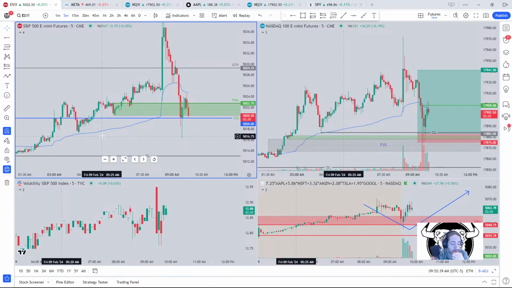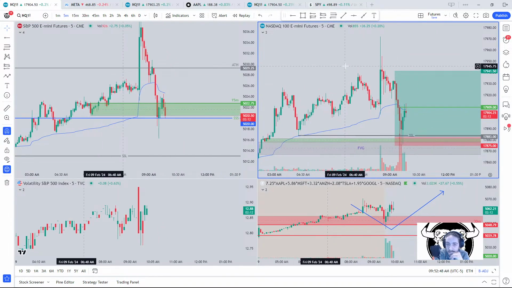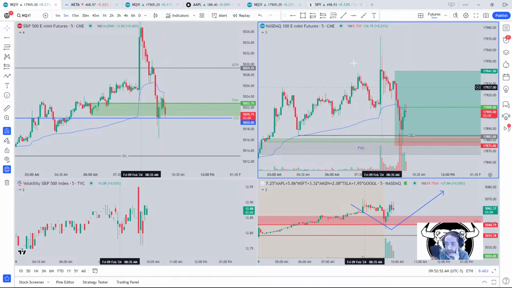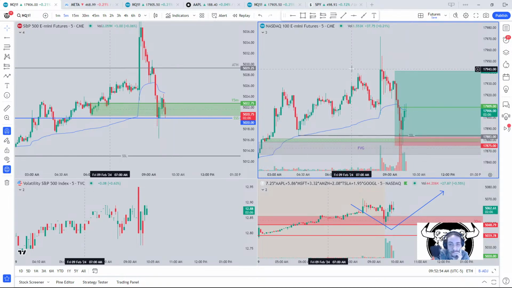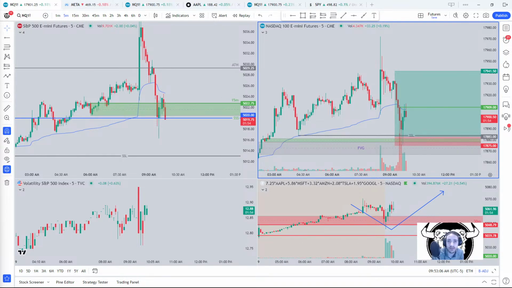I still like that 15 minute. And we got 2 more 5 minutes to close before we close on the 15. So staying patient, guys. Need the next 5 minutes to close above this trend line right here, this 17,909. Because that next 5 minute close shows where the next 15 minute closes. Some pullback, nothing to be scared of at the moment.